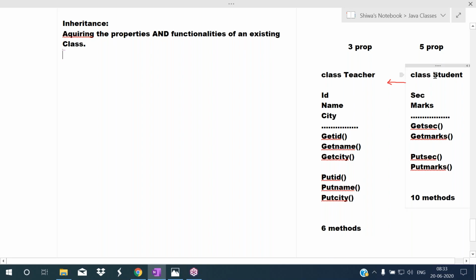So here this class student is getting this teacher class's properties, and this class student is getting these teacher class functionalities, meaning methods. So this student class is getting properties of the teacher and methods of the teacher. It is acquiring properties and functionalities of this existing class teacher, that is called inheritance.